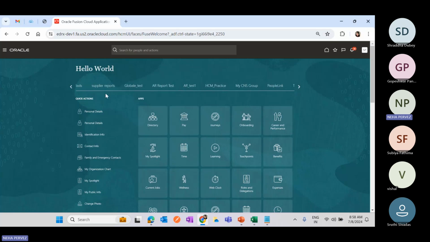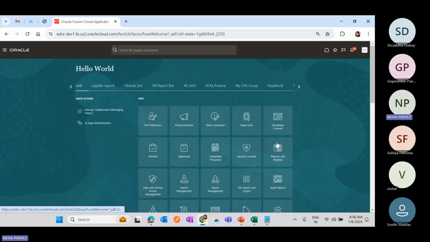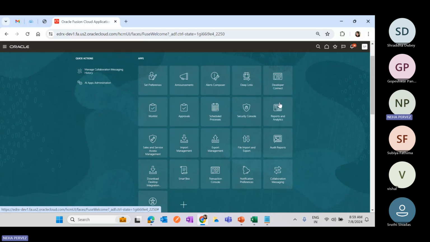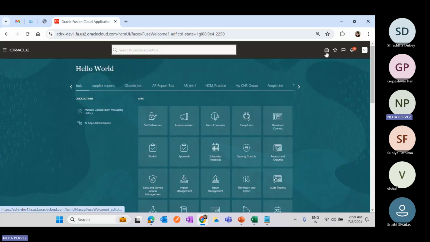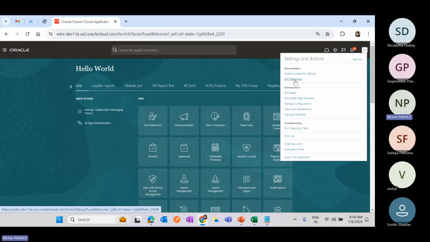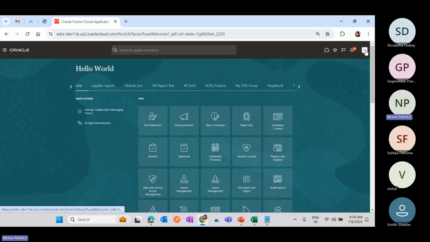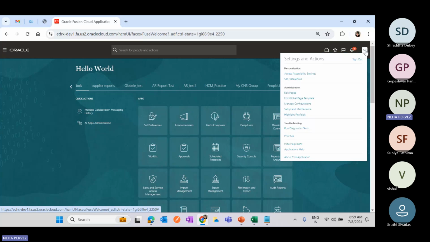Okay. So here we can also create reports and analytics. This is how the reports and analytics are there. Okay, before we wind up this call, I just wanted to show you a very basic thing under these particular settings and actions. Let me give an example before that. I am developing a project. I am implementing it for a company or a client who works in Dubai as well. So they wanted the preferred language to be